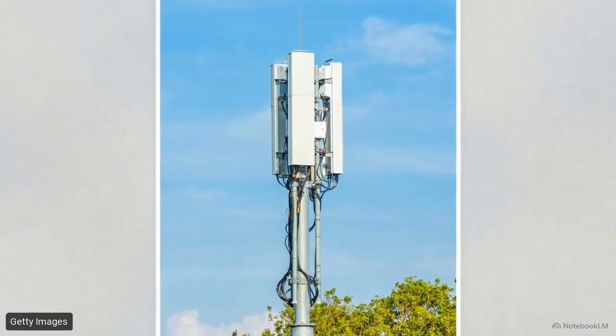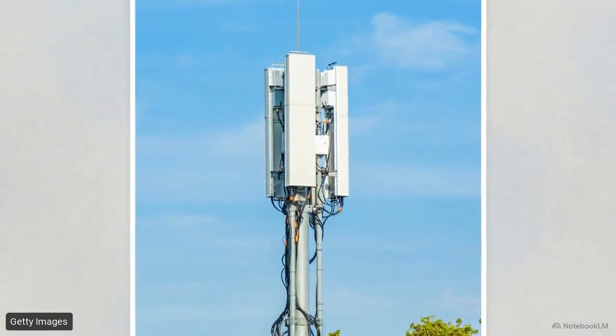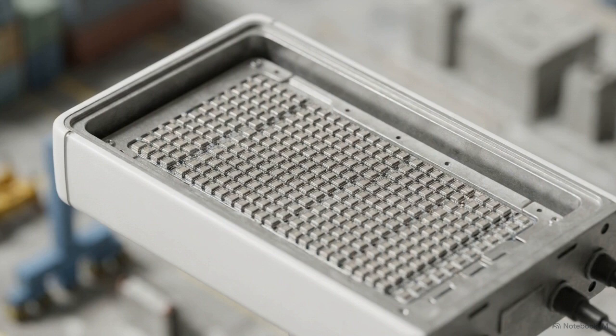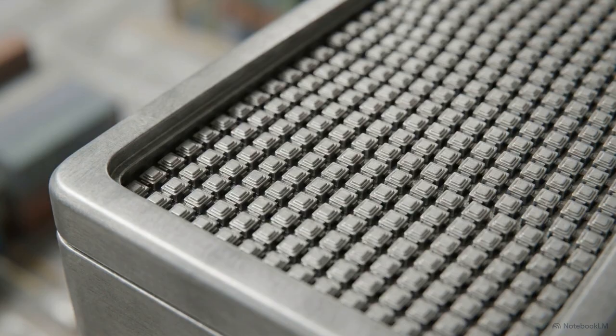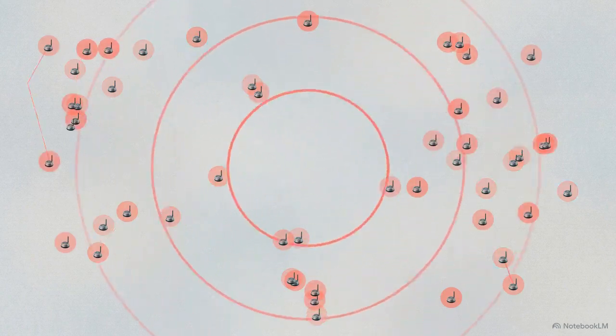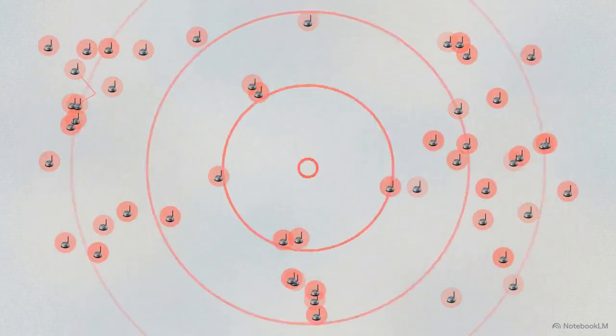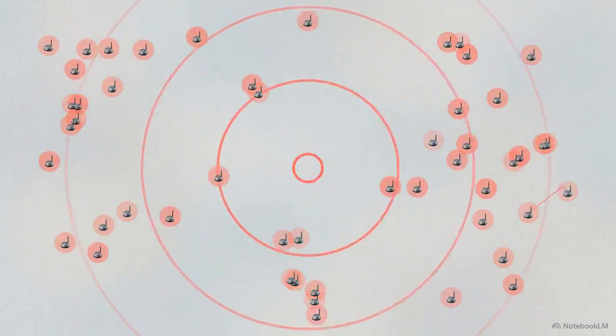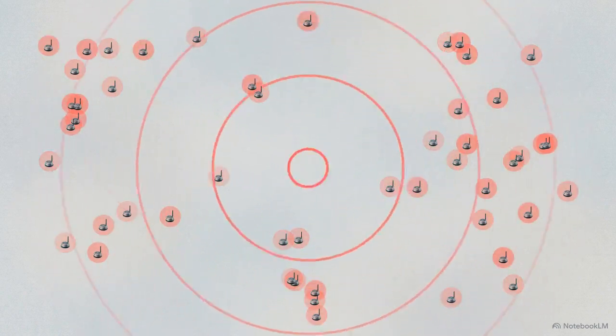Notice the multiple rectangular antenna panels. This 500 times scale increase is not achieved through software alone. It requires this structural hardware redesign at the base station. This physical layer solution is known as massive MIMO, standing for multiple input, multiple output. Traditional 4G omnidirectional broadcasting floods an area with RF waves. When too many devices attempt to communicate simultaneously, these waves collide and cause destructive interference.